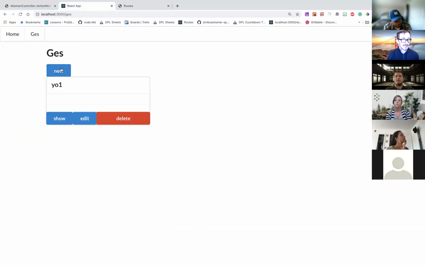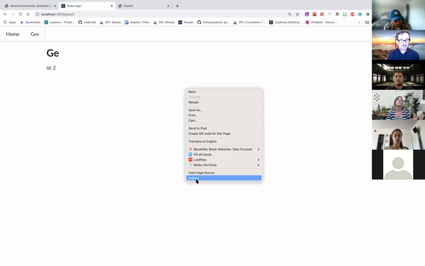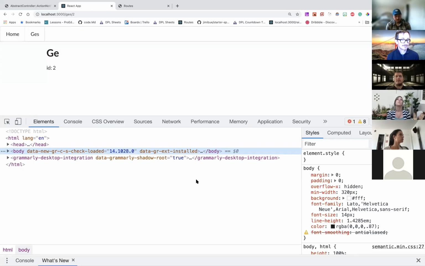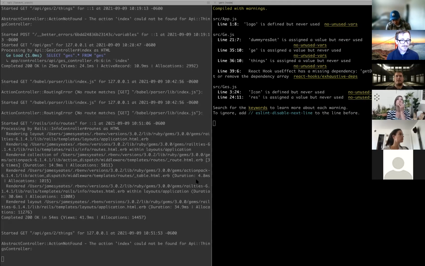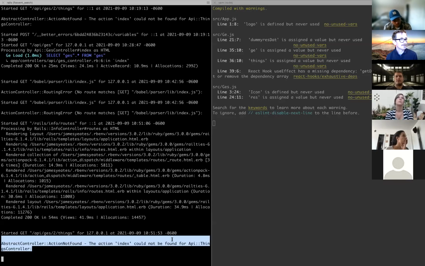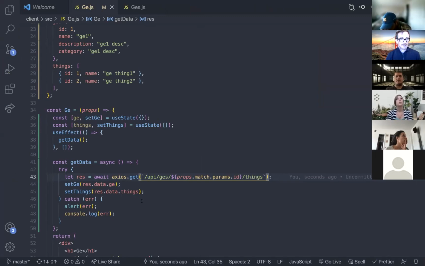Go to my show suite. There's my error, getting my 404 error, which is expected because this is not defined. I mean, my route is defined, but I'm hitting this action index could not be found error. So what I could do here is,